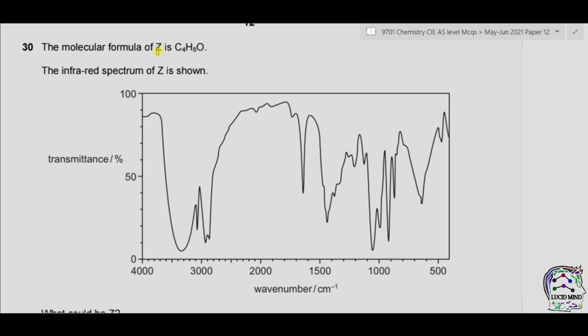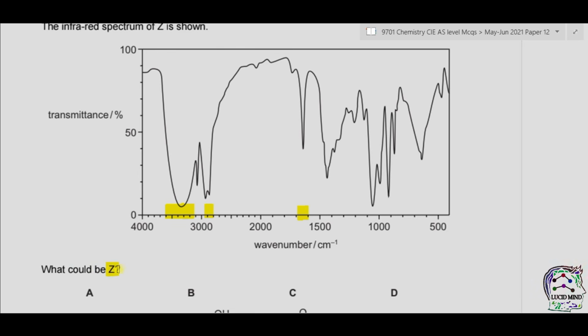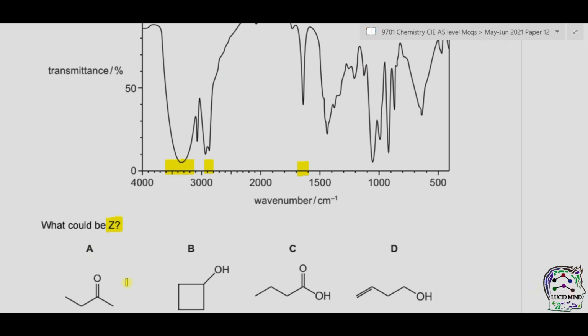Question 30. The molecular formula of Z is C4H8O. The infrared spectrum of Z is shown. This is the infrared spectra. We have different peaks. What could be Z? In the given options, they have given ketone,